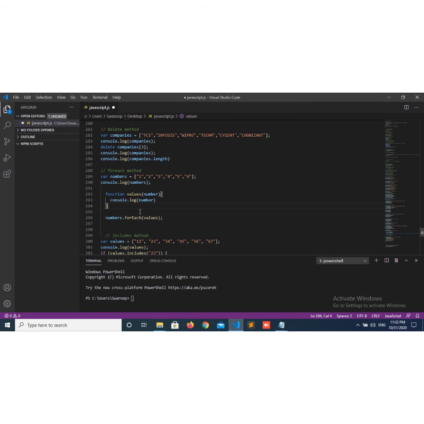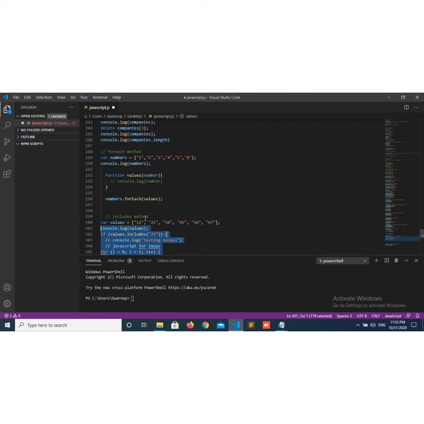Let's see. Here I removed some comment lines. So again I want to go back. If you give the command Ctrl plus Z, then you can go back on whatever changes you did. Okay.